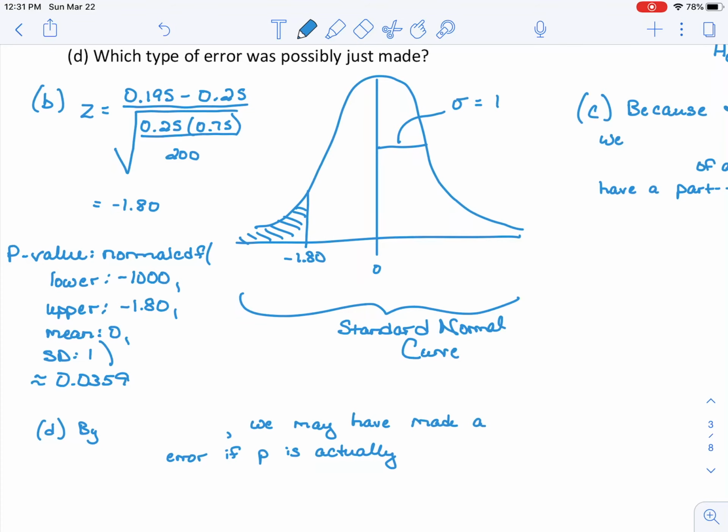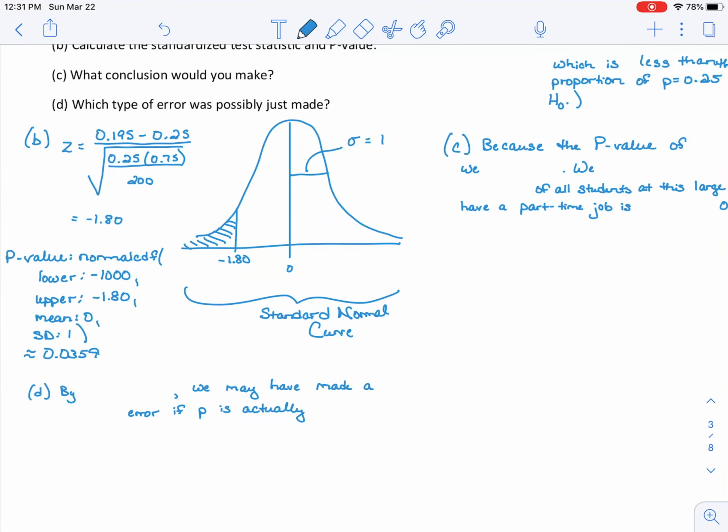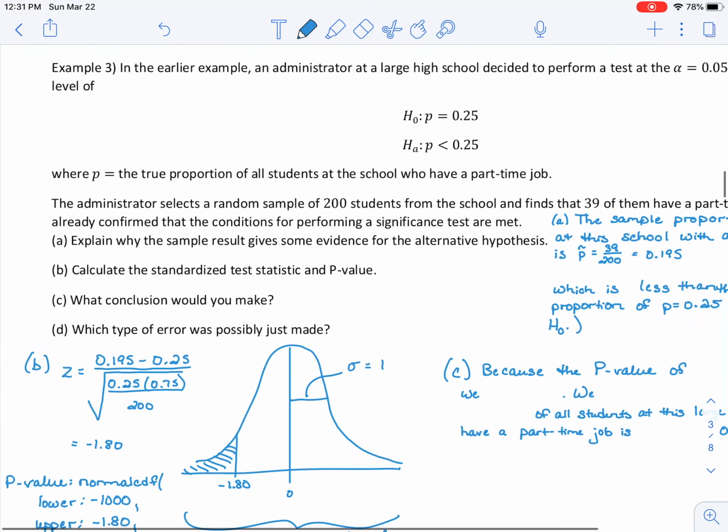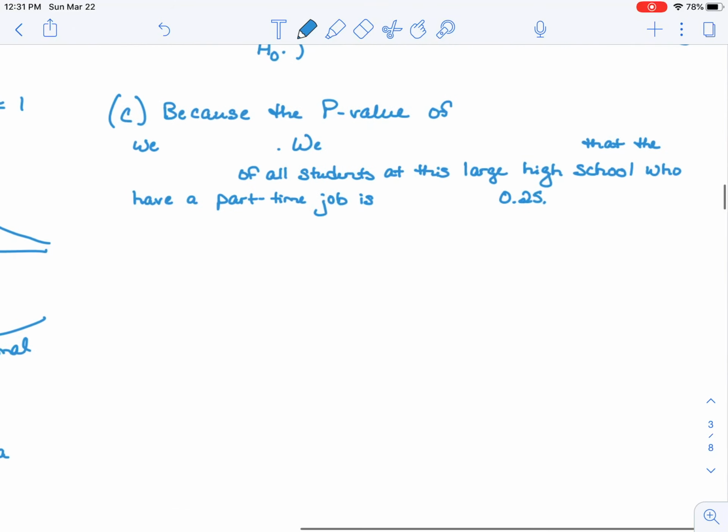Which honestly, I wasn't expecting it to be quite that small. I forgot how this one turns out. So what conclusion can you make? You always compare your p-value to the level of significance that you're testing at, which should be decided in advance. So because the p-value I just found of